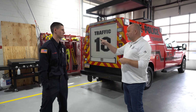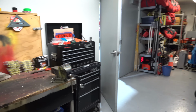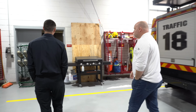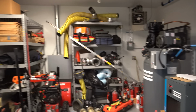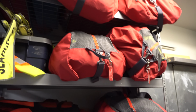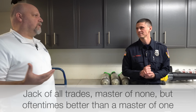Now you do have a side room over here. Is this also an add-on? Yes. This is your engineer's room, right? Yeah, it was converted into basically extra storage. If we've got to do some minor repairs, we have a workbench and a full complement of tools. We have a bunch of guys that are pretty handy. So if we get a burnt-out light bulb or just minor stuff. That's one thing in the firehouse, we're the jack of all trades,